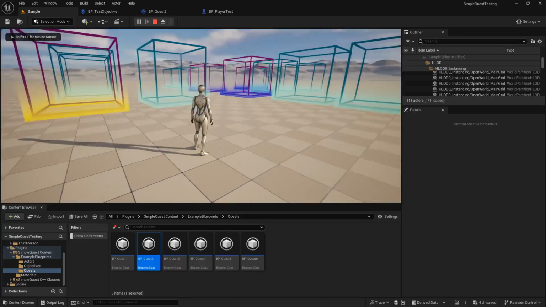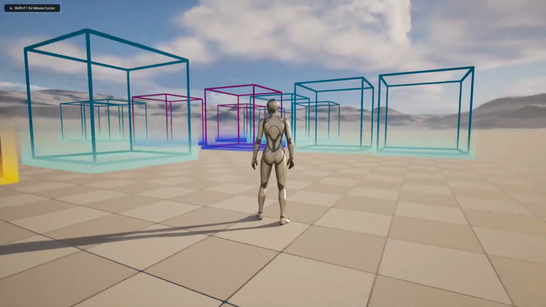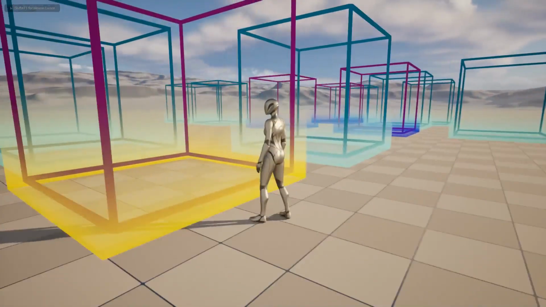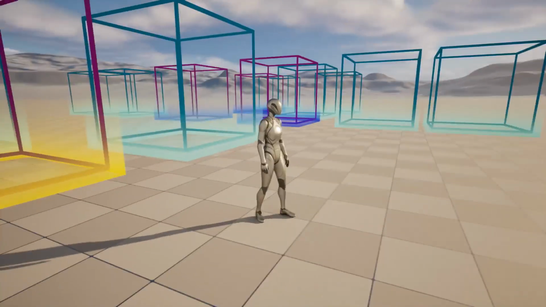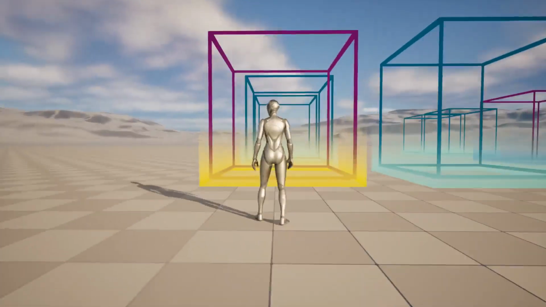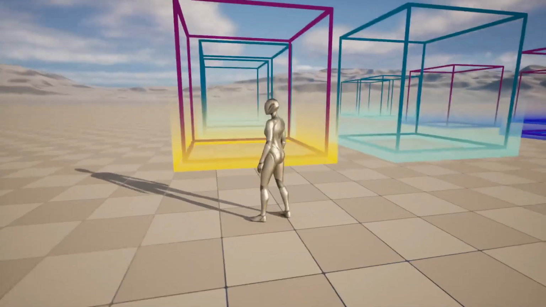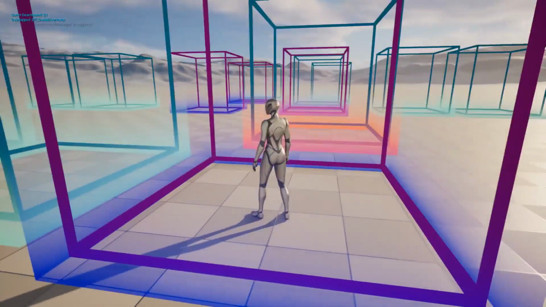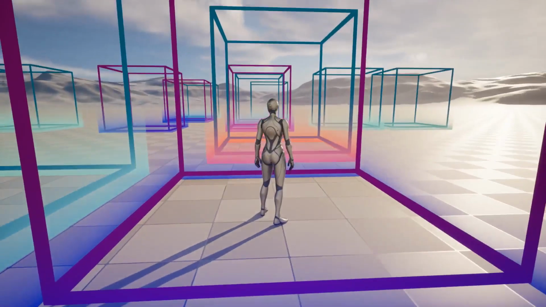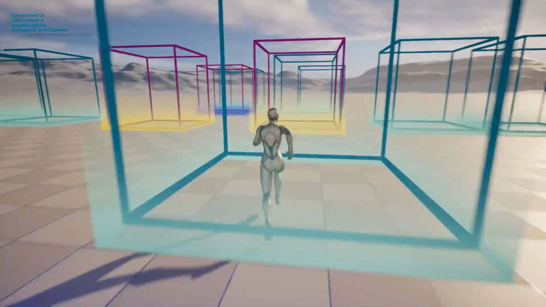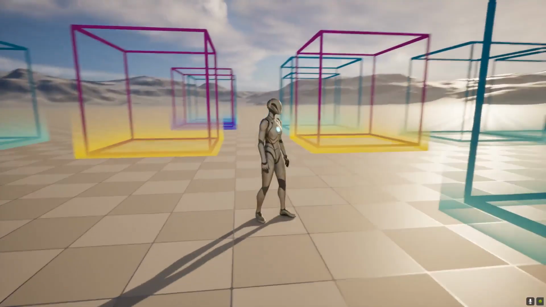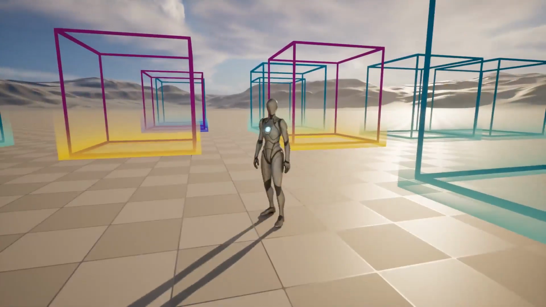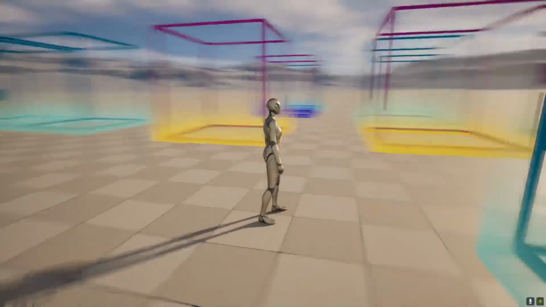But in our sample level here, again, all the functionality is just these collision volumes. So the quest givers that have a quest to give you are yellow, and the ones that don't are blue. So you can imagine this being like an NPC that has an exclamation point over his head or something, and you go talk to him, and then he gives you an objective to go over here. So there's an icon on your HUD or something, and you go interact with it, and suddenly you've got two quest givers that could each give you a quest, and both of these quest givers would give you the